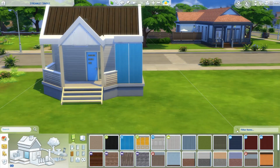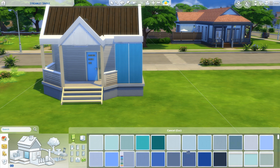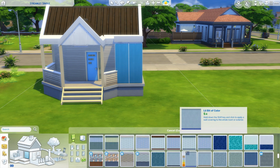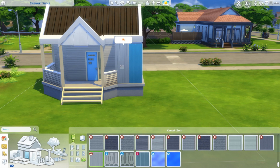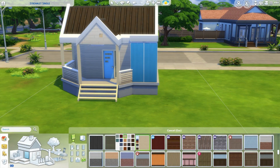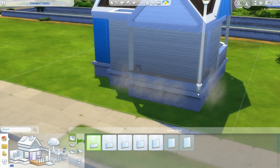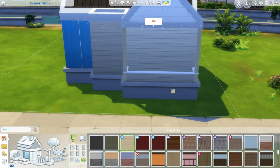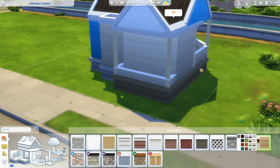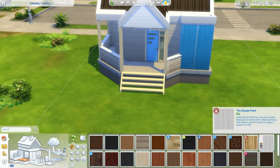At this stage, I had this idea that I wanted to match the door to the walls, but there's not many wallpapers that suit an exterior wall that are a vibrant blue. So I was actually considering this dine out wallpaper, which, don't worry, we're going to get rid of it. It's just not working. We actually go for a wallpaper from the new Strangerville pack,